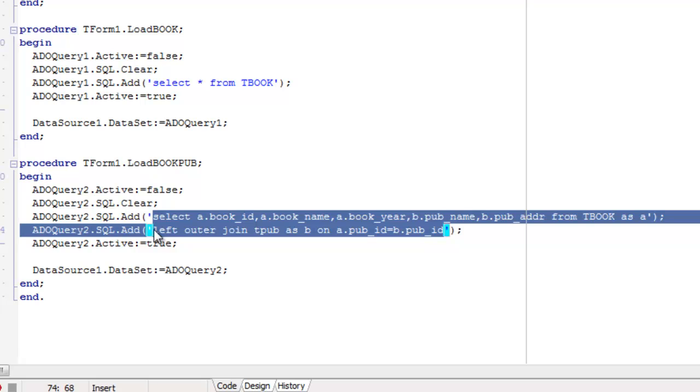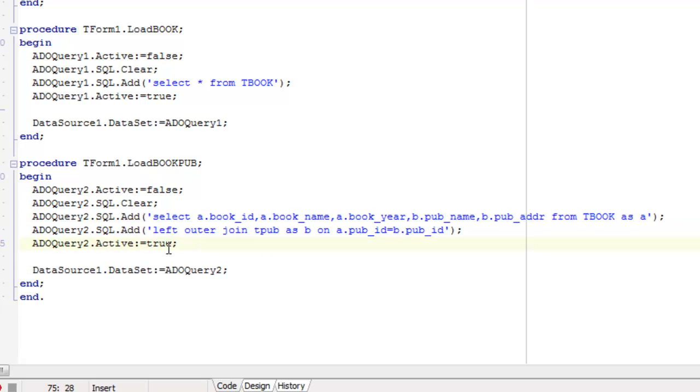As you can see here, I use a join statement, select and so on, from a.bookid until b.pubaddress, which are fields of the tables. The book table is assigned as A, and we join it with the publisher table, assigned as B. I assume you understand what a join statement is.